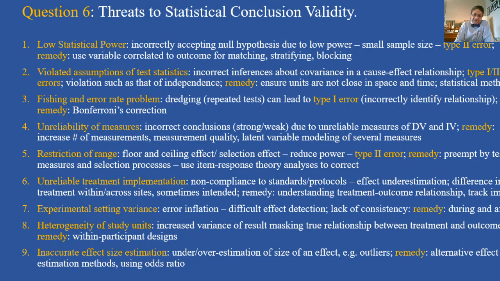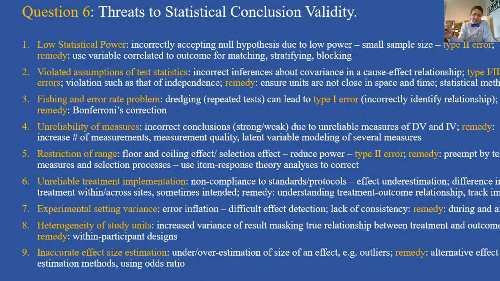Threat number 4 is unreliability of measures. Lack of reliability of measures also minimizes a bivariate relationship significance. And in a multivariate relationship, the effect of unreliability cannot be predicted. The solution commonly used are increasing the number of measurements, enhancing measurement quality, and statistical methods like latent variable modeling